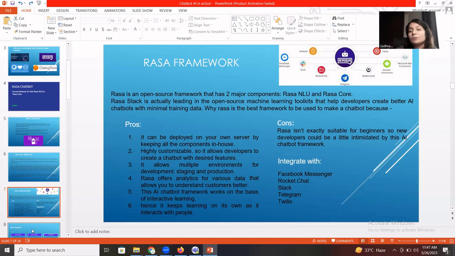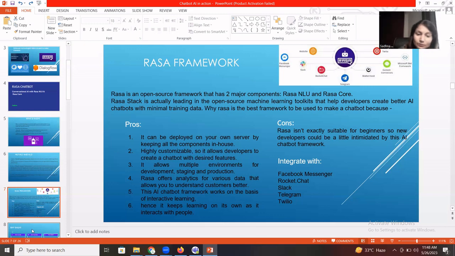Basically, once you have created a basic bot, you launch it and give it to people so that they can use it. You see how people are coming, what questions they are asking, and where your bot failed. From that learning, you retrain your model and make it more useful to the end users. So you see how you can improve it.